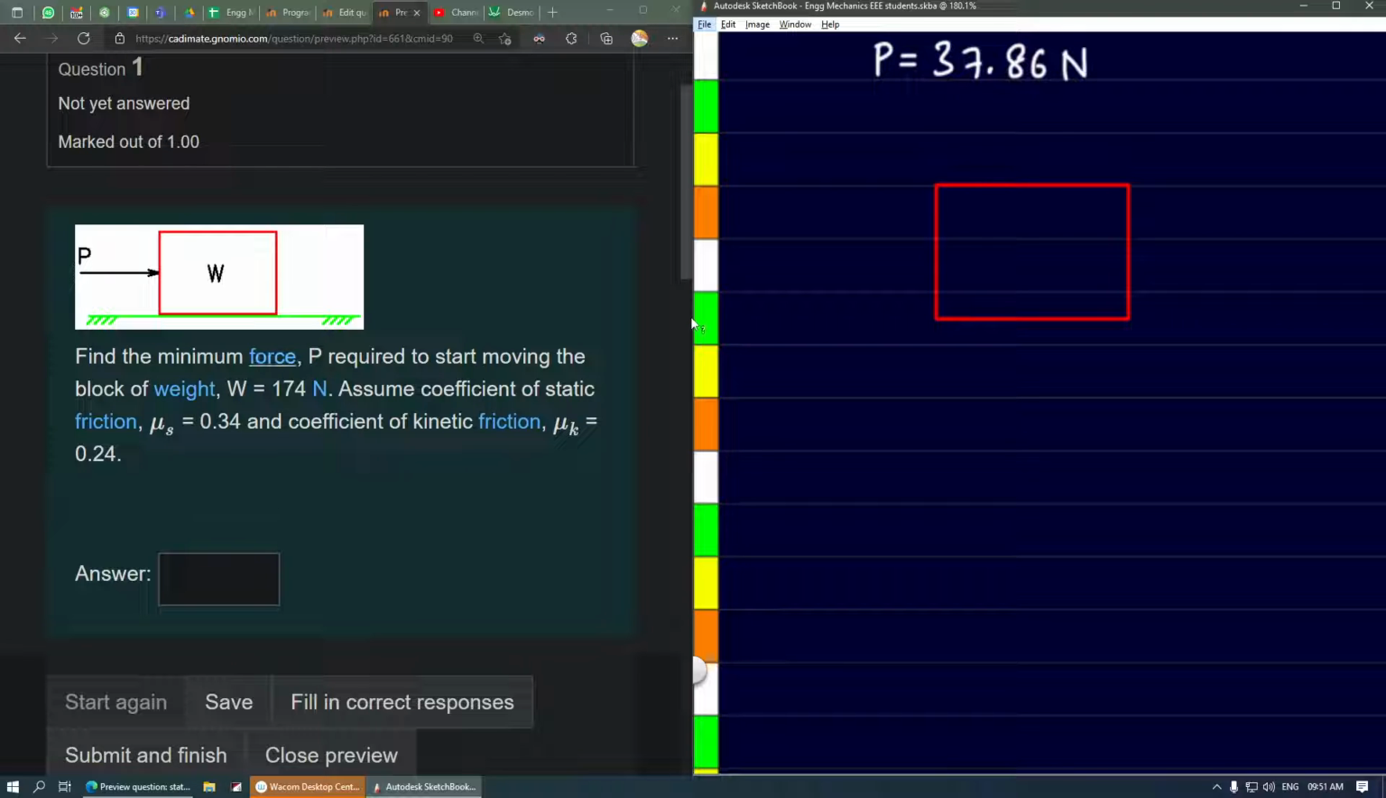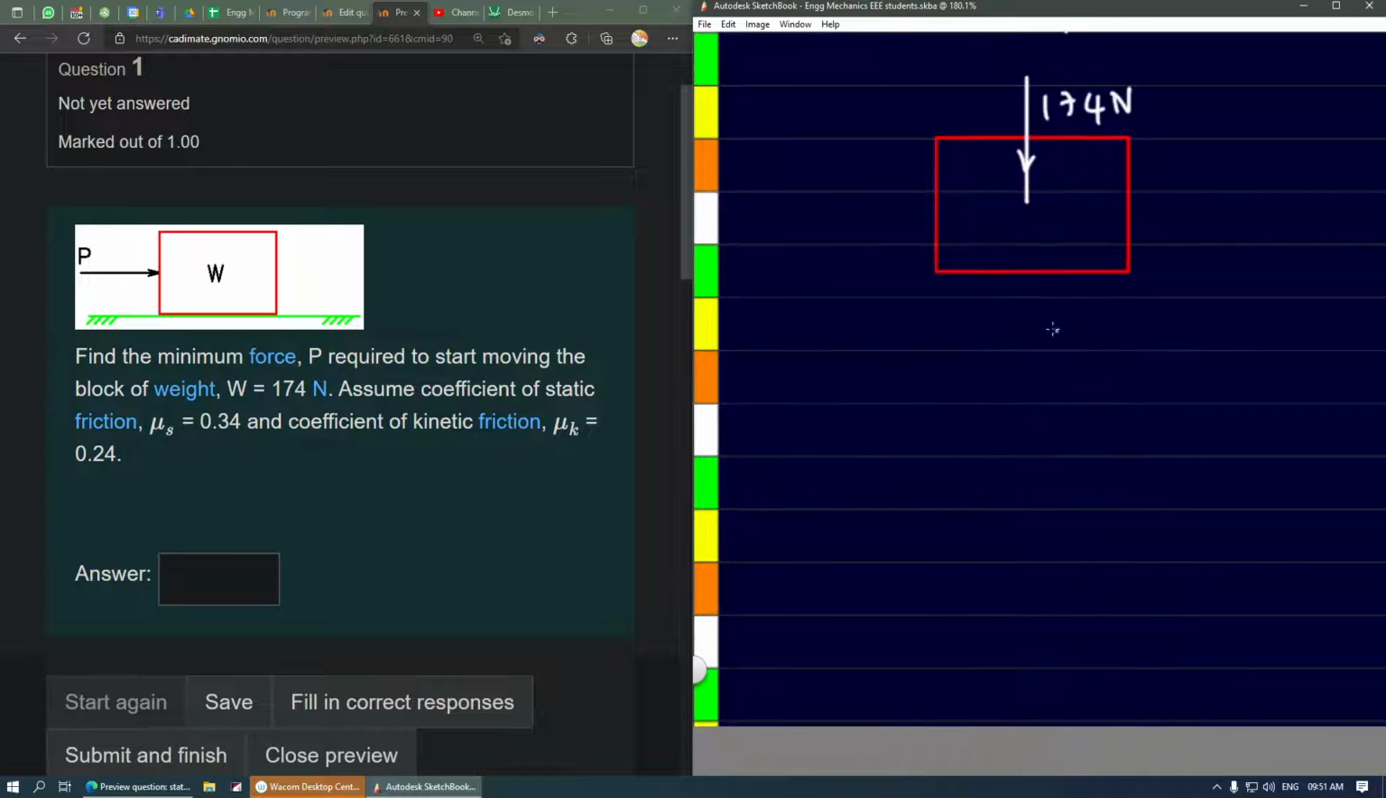Okay, so the weight W has also been given, that is 174 newtons, that will be acting downwards. This is of course from the previous problem, so just let us ignore it. 174 newtons is the weight acting downwards, and we are supposed to find the minimum force P required to start